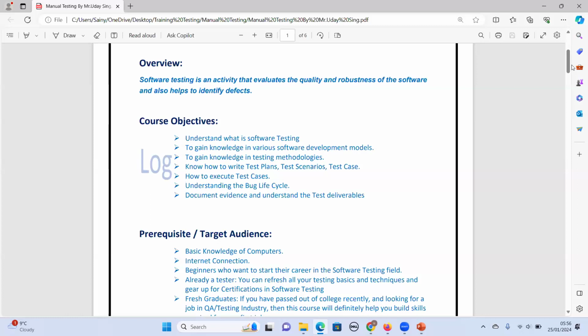Any software, as soon as the development is finished, will be passed on to the QA team, the quality assurance team. In the QA team we have software testers or test analysts. Their job role is to test the software and see if they can find any bugs.